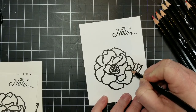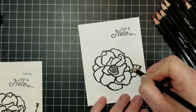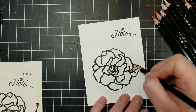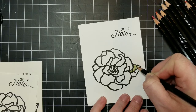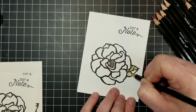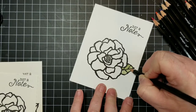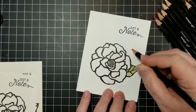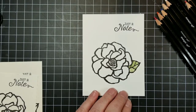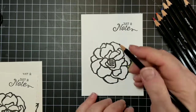So I'm just going to take them and kind of fill in where I want to go. And it's just like coloring with a regular colored pencil. I kind of like to go almost in a circular motion. It kind of gives me a softer look instead of harsh lines. And let's see, I think I'm going to fill in the center with some of